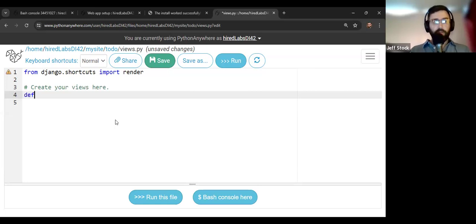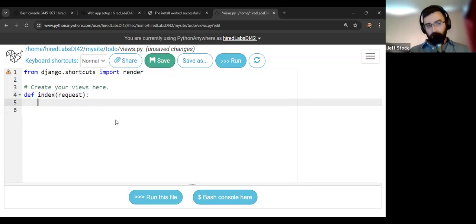So let's write our first functional view. We'll start the same way we did any other Python function, def, to define the function. And then as sort of an internet standard, the home page is often called index. So I'm going to call this function index to note that this is referencing what's going to be a custom home page. And it's going to take in a request. So remember I said the requests are sent to servers, and then the responses come back. So this is going to return